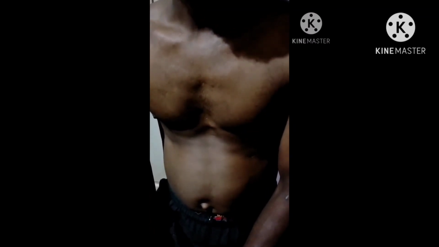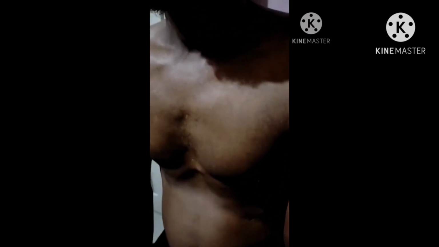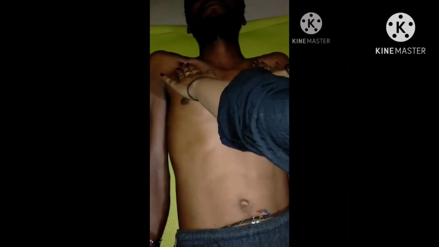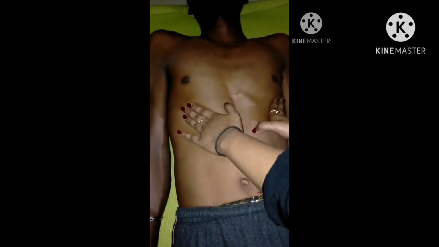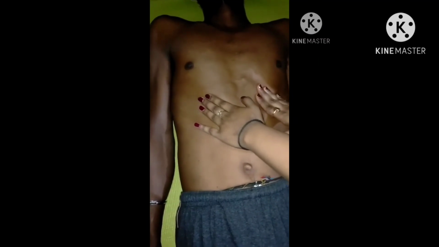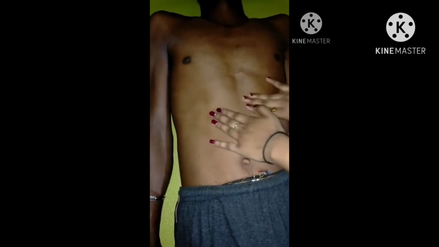Proceed with the anterior chest, in which we will first proceed with inspection. We'll see the shape of the patient's chest and movement of the chest wall. Proceed to palpation. For palpation, we are going to palpate the tender areas, look for any tender areas. Then we are going to assess if there is any kind of abnormality in the anterior chest. Going to focus on the anterior and lateral chest, again comparing both sides.